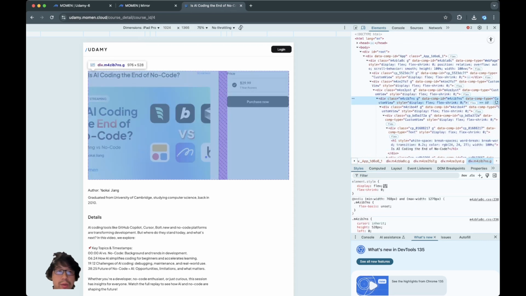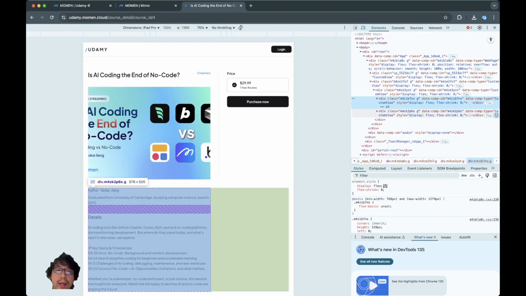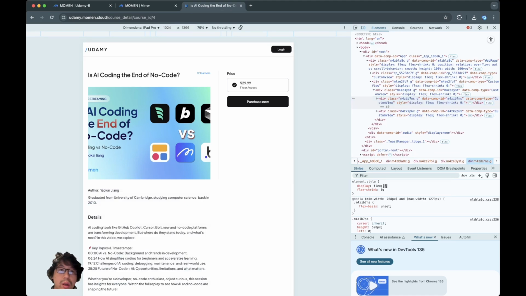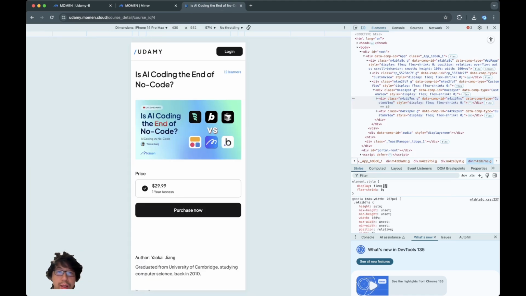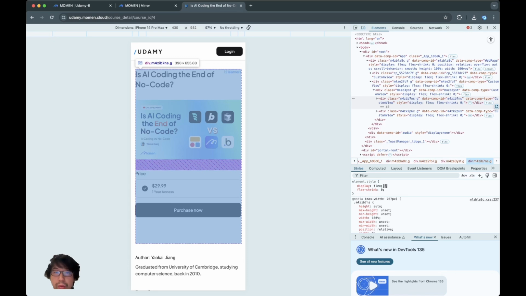Yeah, we have the top box, which consists of two views, one for the title and the image of course, and then to the right you have the price and purchase now, the things that you want, like the CTA of the course, and to the bottom of it you got another one. The bottom one at the moment has a huge gap to the right, so that's actually controlled by the padding of its parent, and once we make it smaller we should see that we still have the top one,